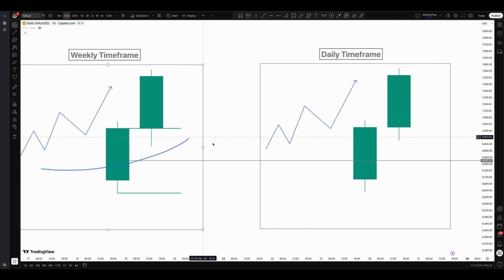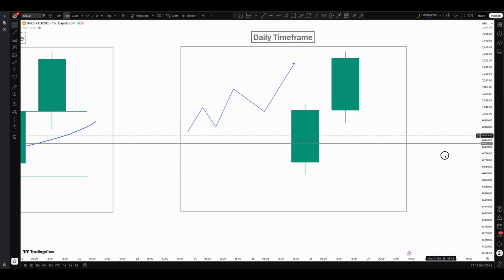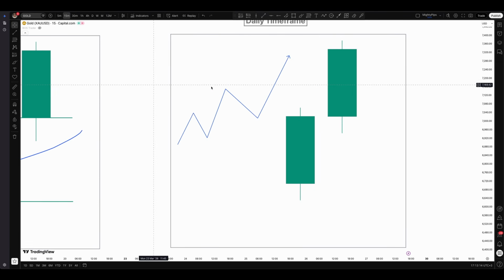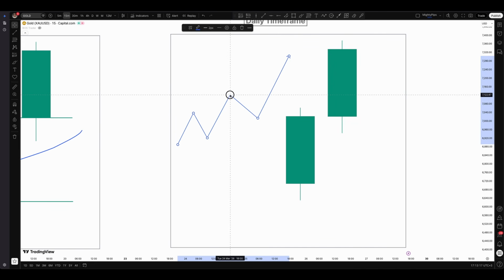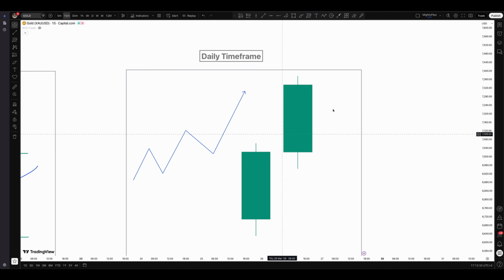Then after that, you come now to the daily time frame like this, and also check on the daily time frame and see where the market is going. If the market is also creating higher highs and higher lows on the daily chart, for example, it's creating an uptrend on the daily chart, you also check the previous day's candle which has closed. Let's assume this candle here was the candle that has closed. If it is bullish,